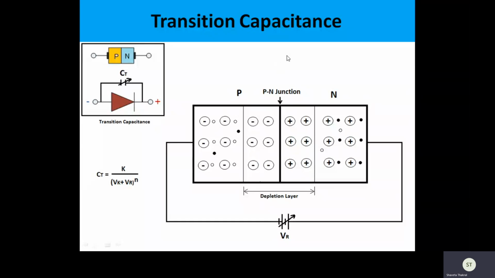Then the second phenomenon we can see in the diode is called the transition capacitance. And transition capacitance is seen in the case of a reverse biased PN junction diode. When a particular PN junction diode is reverse biased by connecting the P-type material with the negative potential of the battery and the N-type material with the positive potential of the battery, it leads to the formation of a depletion layer at the junction. This depletion layer has no free charge carriers, that is, it is depleted of free charge carriers, which indicates the region is acting as an insulator, or we can say a dielectric material.